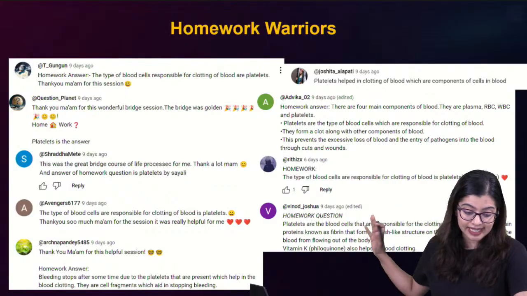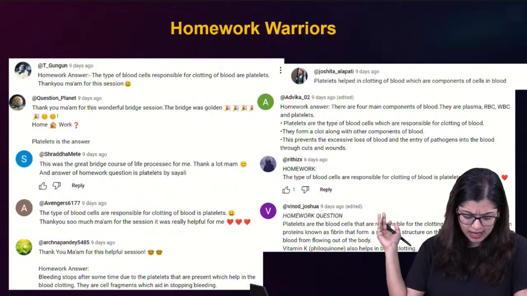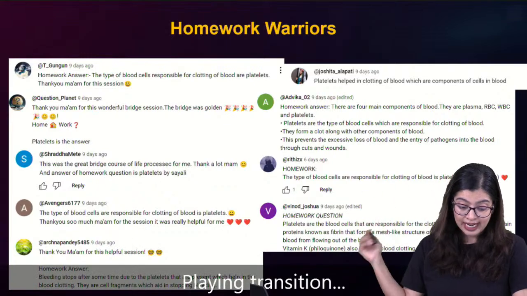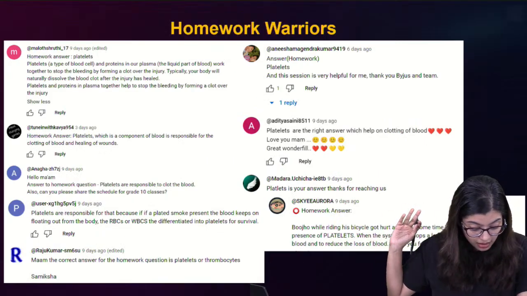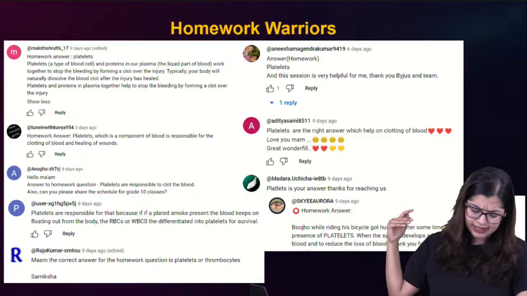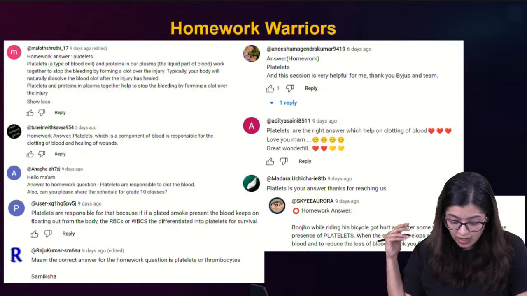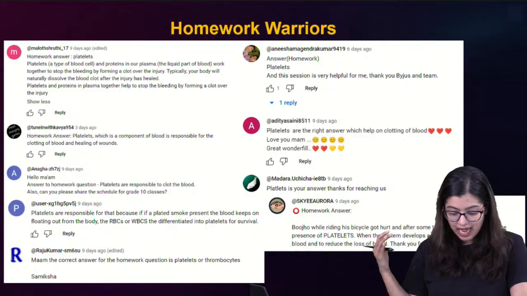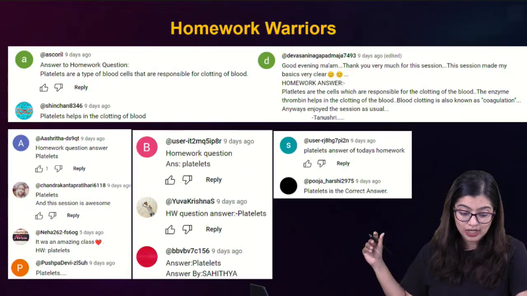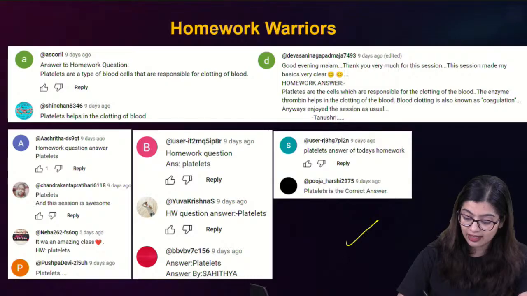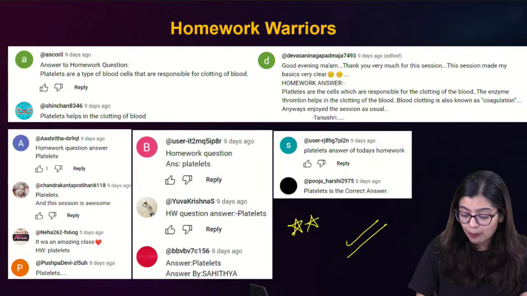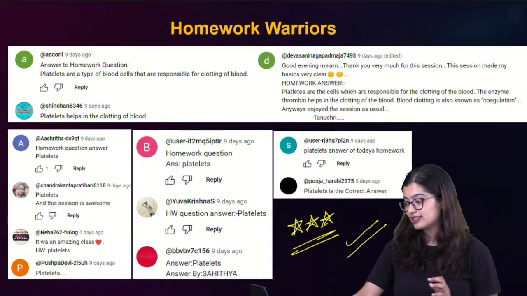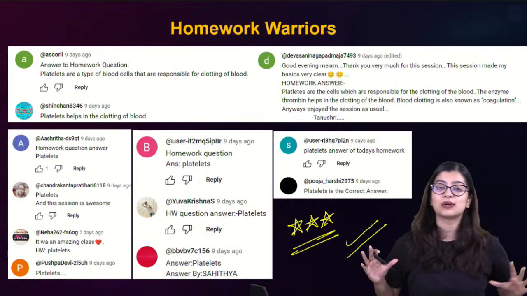Now I can see that Gungun, I have Question Planet, Shraddha, then I have Avengers, Archana, Joshita, Advika, Ritish, Nivedita. Then I can also see here Malushruti, Kavya, Anagha. Then I can see that some user here, Samiksha. Also, I can see Anisha, Aditya, Madhura, Uchiha, and Sky, all of you who have given me the answers, along with many more answers which are here in the live chat. So well done all of you. Super proud of all of you. 5 stars. There are many more answers, some whose names may or may not be on the screen, but it does not mean that your answers were any less awesome.